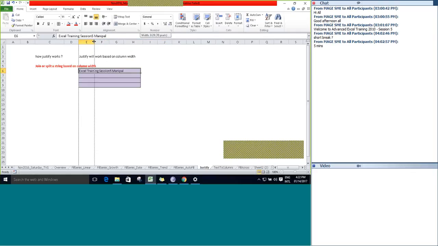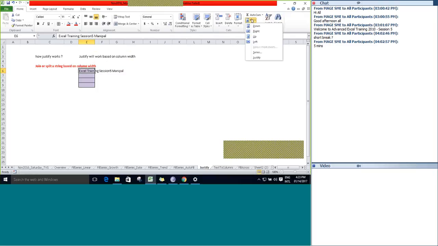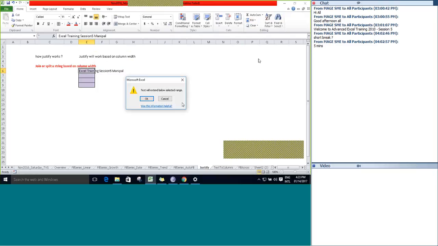Say for example, if we reduce the column width, go to fill and click on justify. Here you will get a warning message: text will be extended below selected range. Click OK. You can see that the single string is split into 4 different strings and displayed to the user.